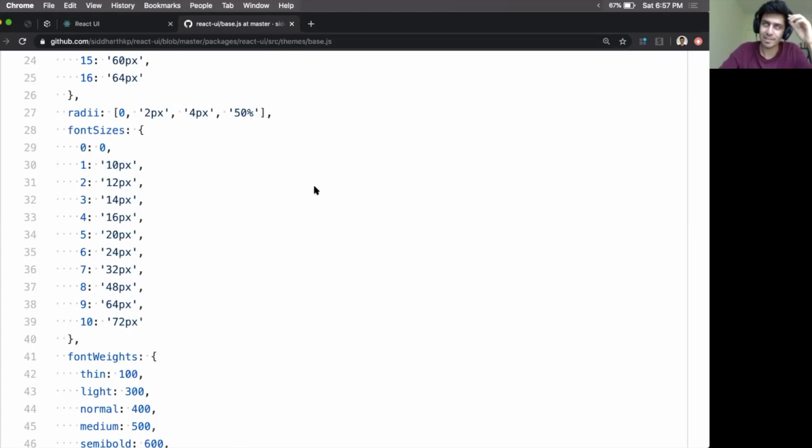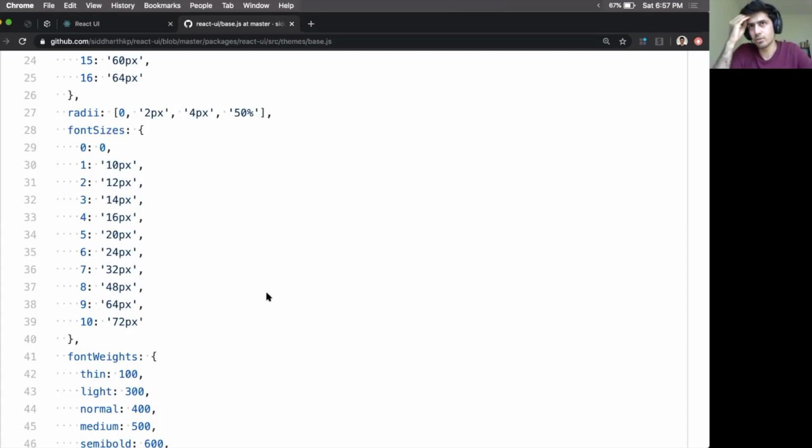But I've tried to find a nice balance. If you have a design team and your design language already well defined, then you can port it to React UI. But if you don't have a design team, or if you're not a designer, like I'm not a designer, I've tried to create a nice base set for myself where when I start, I can just start with the base and then keep customizing as I go.